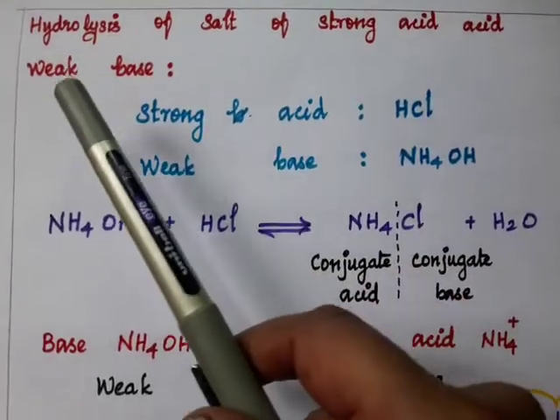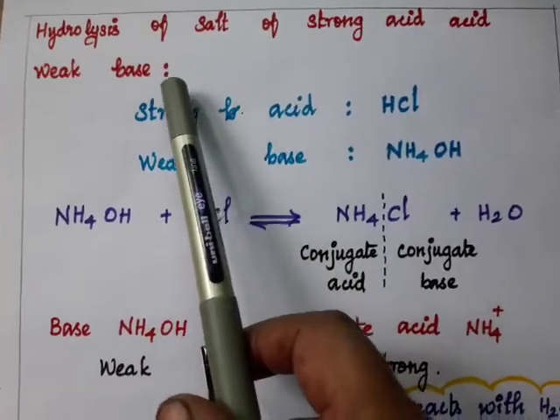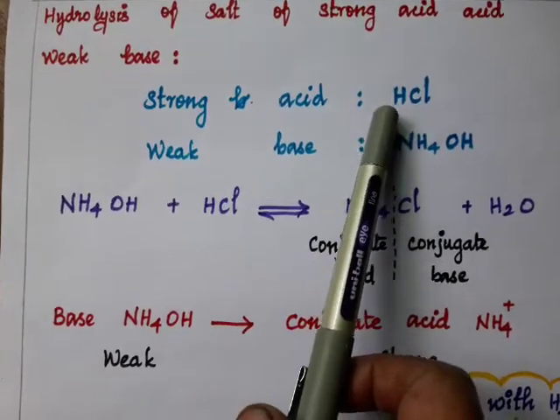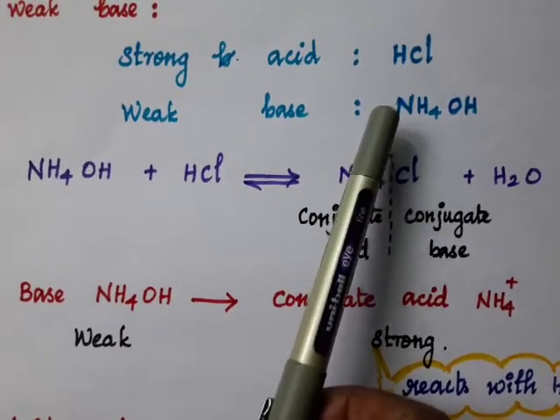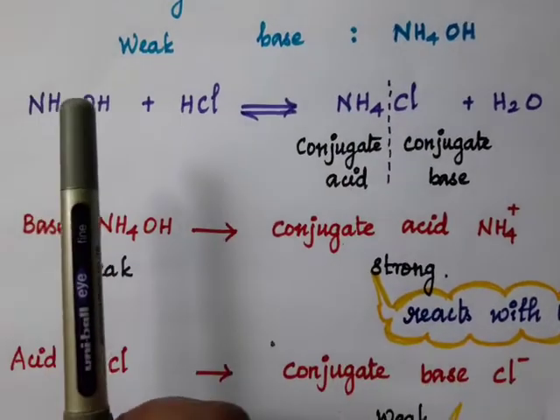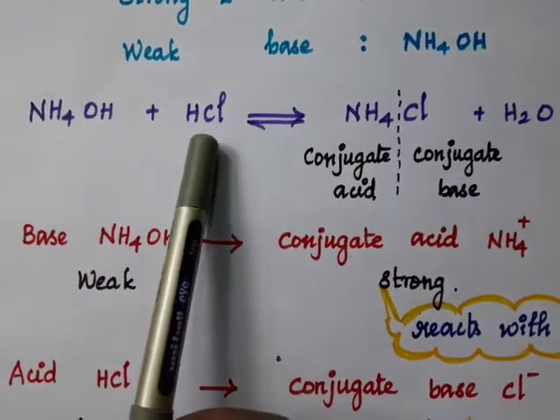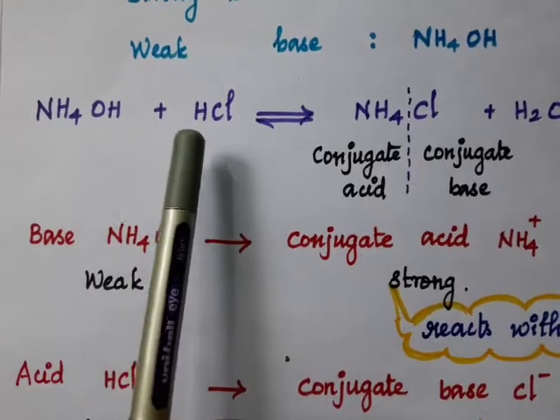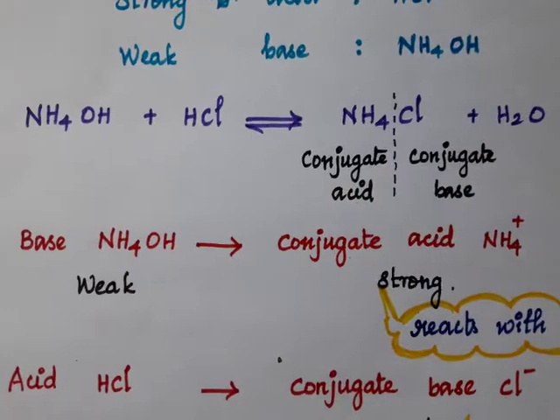Let me discuss the next topic, hydrolysis of salt of strong acid and weak base. Here, the strong acid example is hydrochloric acid, HCl, and the weak base example is ammonium hydroxide, NH4OH. Now we are going to see the neutralization reaction between the strong acid and weak base. So NH4OH reacts with HCl, H2O is removed, and we can get